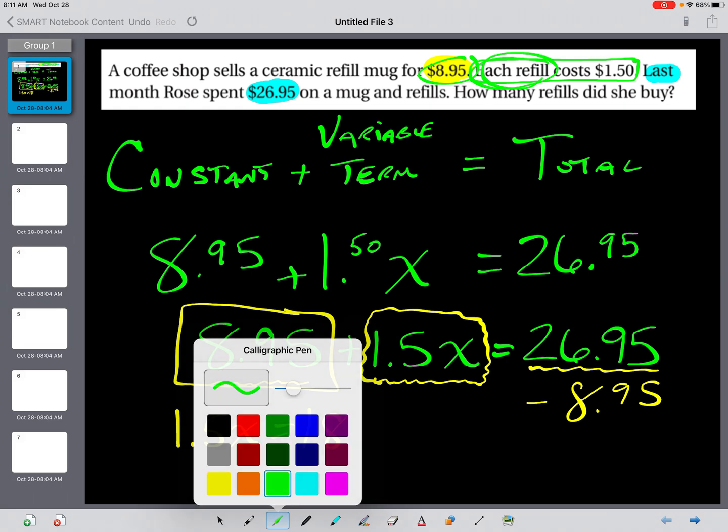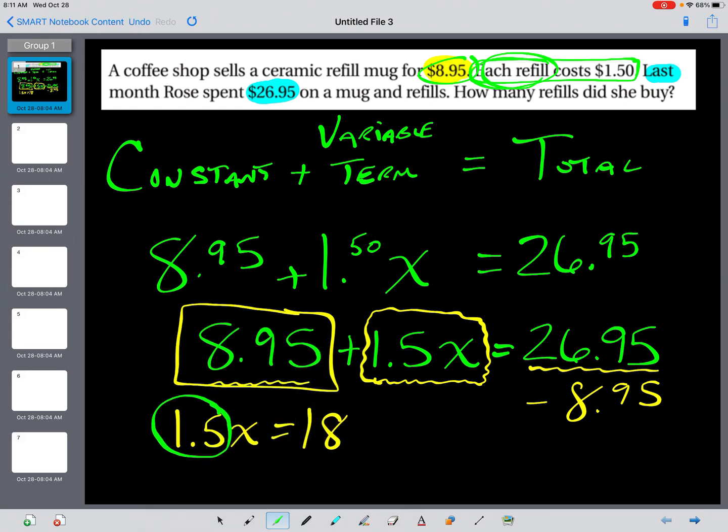And now we can just divide out the coefficient. We're going to divide the 18 by 1.5. So x is going to equal whatever that is, and that's going to be 12. So Rose basically bought